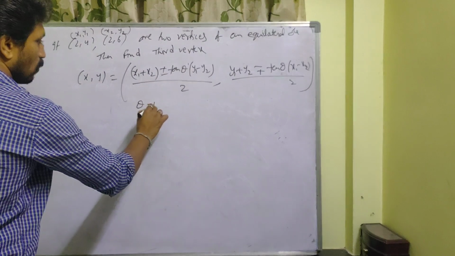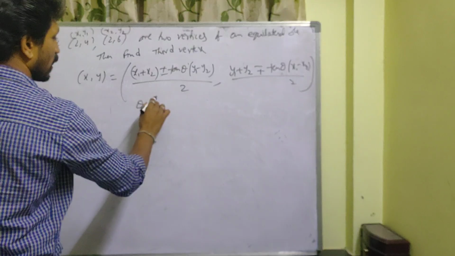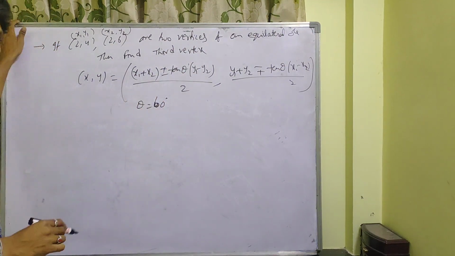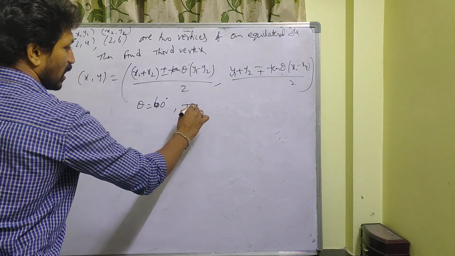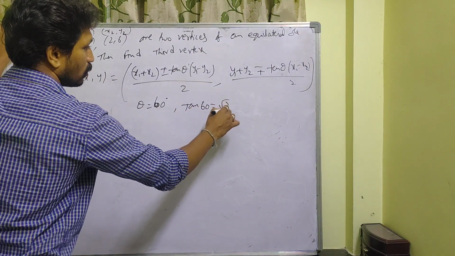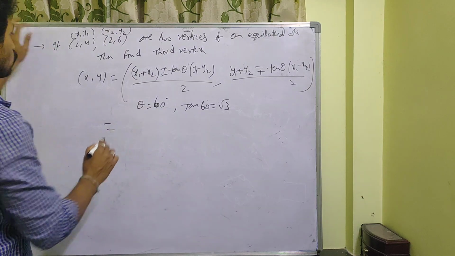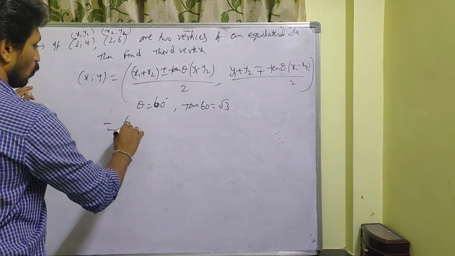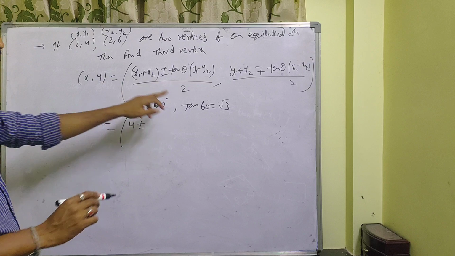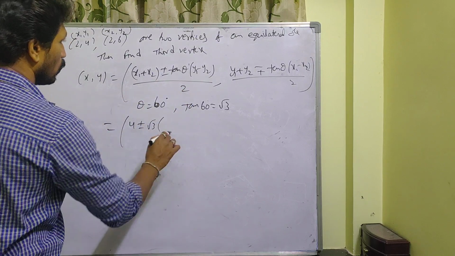So take theta equal to, here what is that? Equilateral triangle. So theta is equal to 60 degrees. So we know very well tan 60 degrees is equal to how much? Root 3. So here x1 plus x2, 2 plus 2, 4 plus or minus tan 60, root 3, into y1